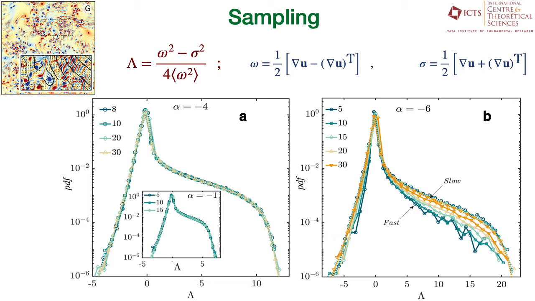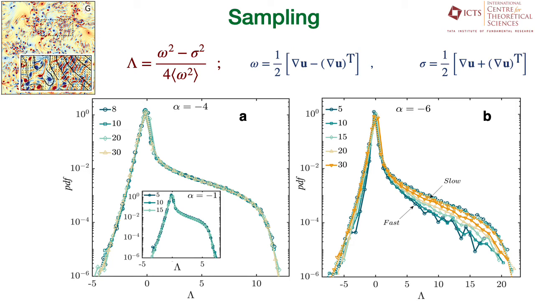But when I pump up the activity higher, say alpha = 6, we really start seeing the difference in the distribution of the lambda values that the trajectories experience. The right tail of the lambda distributions for the faster tracers is a bit subdued as compared to the distribution for the slower tracers. This means that the faster tracers are experiencing smaller lambda values as compared to the slow ones. So this hints to us that faster trajectories sample smaller lambda values as compared to the slower ones, while we